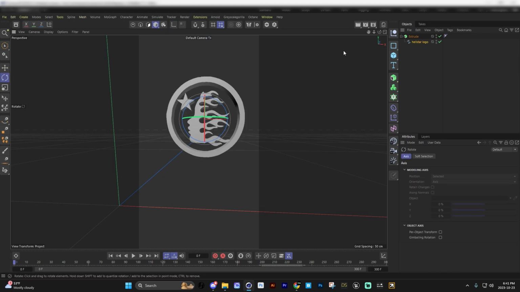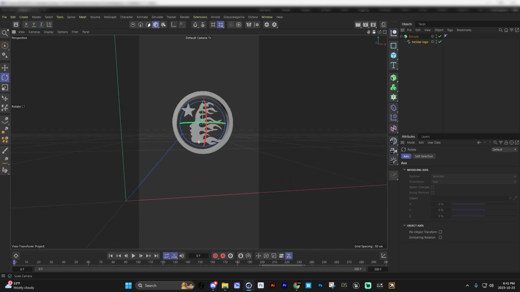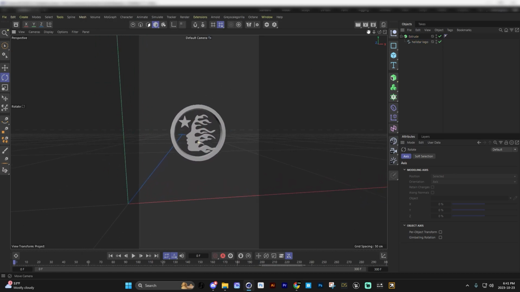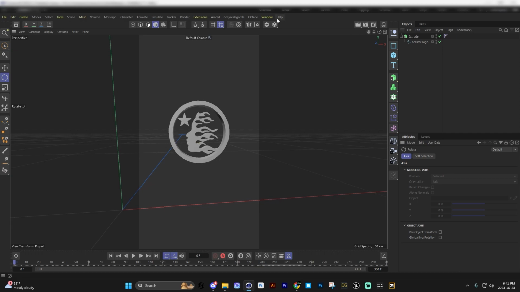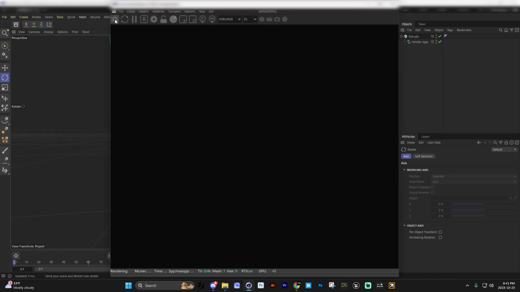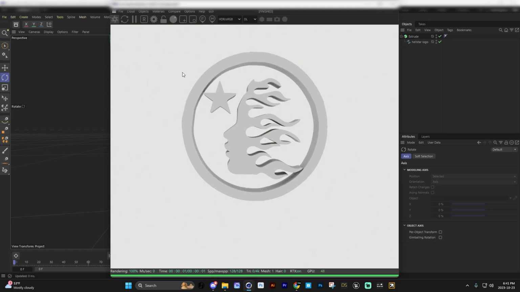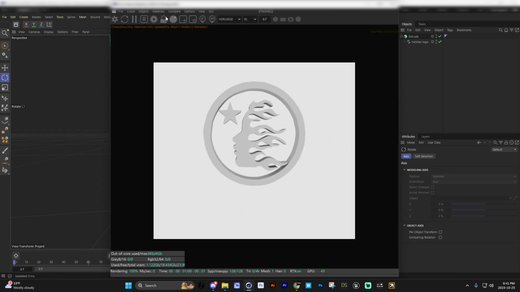Yeah, it's pretty centered. All right, perfect. Looking good, looking good. Now we want to add the grass effect to it. So this is very simple. I'm just going to open my Octane Live Viewer window just to see what it looks like in Octane so far. And I'm going to change my settings real quick in here.